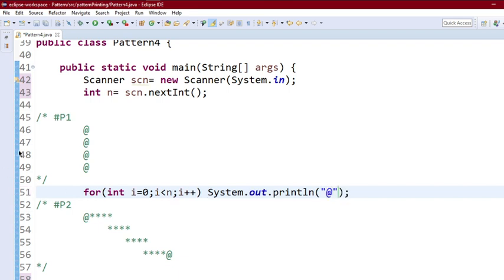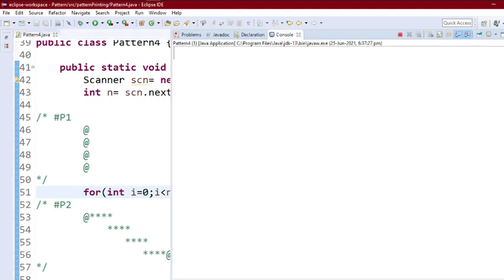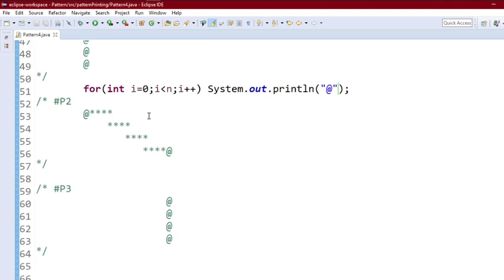Okay, as we can see, after printing the @ sign we have to change the line every time we print the @, so we don't have to remove the ln from here. We are done with our first part. Let's check this before proceeding to the middle part. Okay, enter any value of n. Let's enter 4. Let's again check for n equal to 3. Okay, so we can proceed to our next part, that is the middle part.